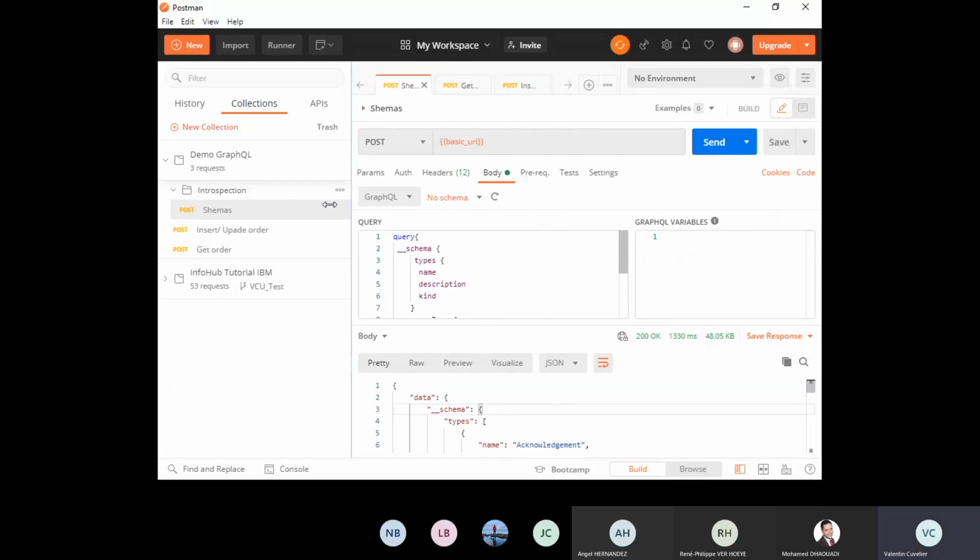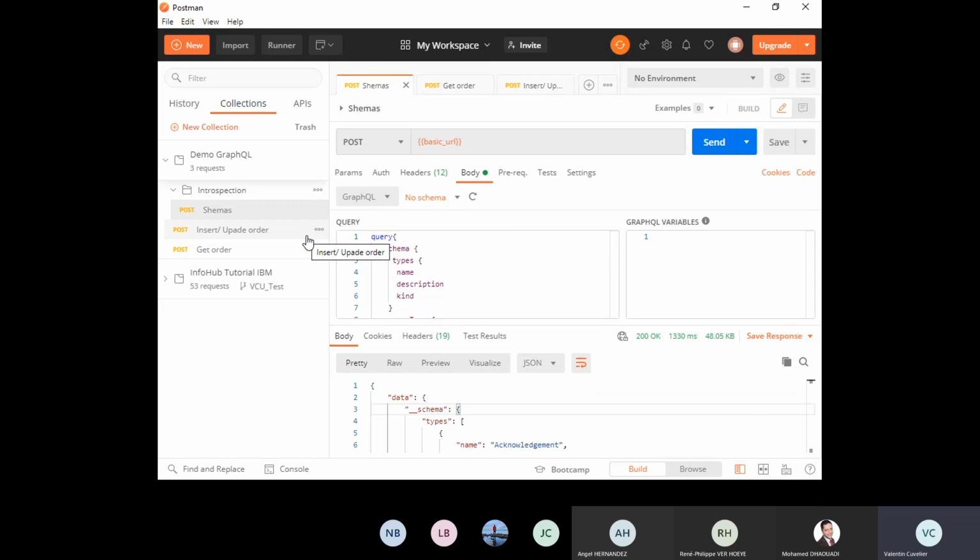In Postman, it's the same. You can specify the URL. Here we use Postman variables to avoid creating it again.